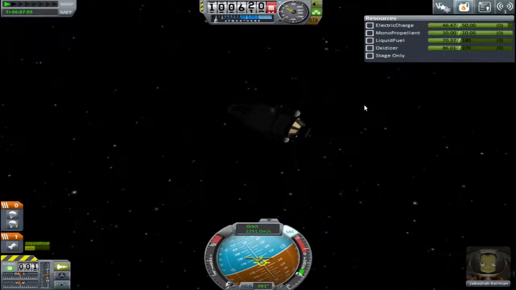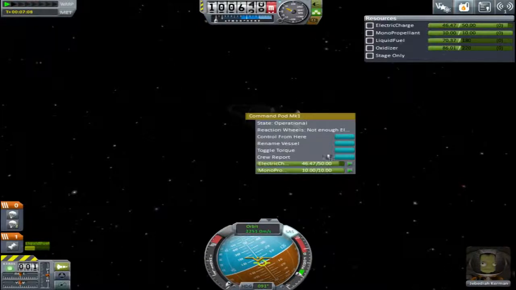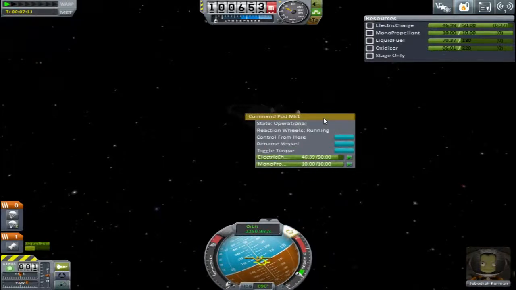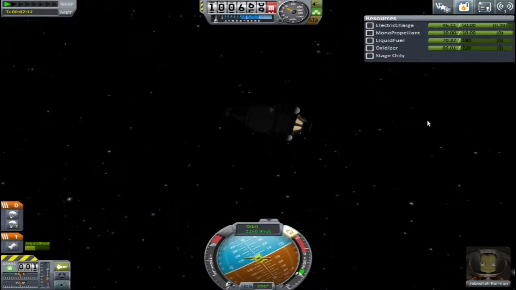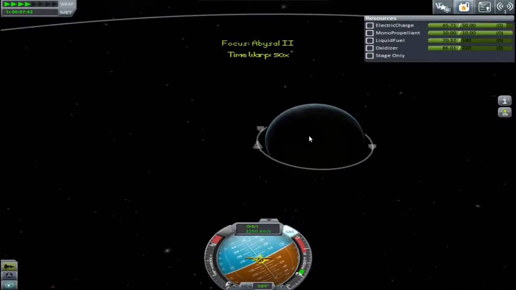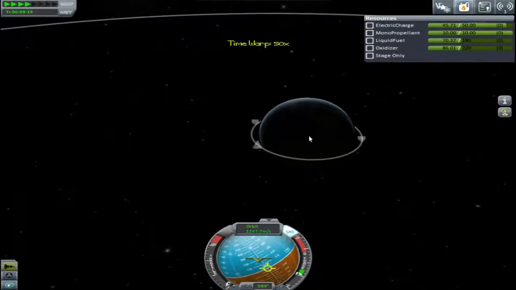From here on out, our next mission will be, let me do a crew report. Let me see if I can get any more science from that. Nope. You know what I get to do then? I'm going to do like a 2-in-1. This is something you can do if you really, really want some more science. You go to your orbit map, you time warp around to your probably...